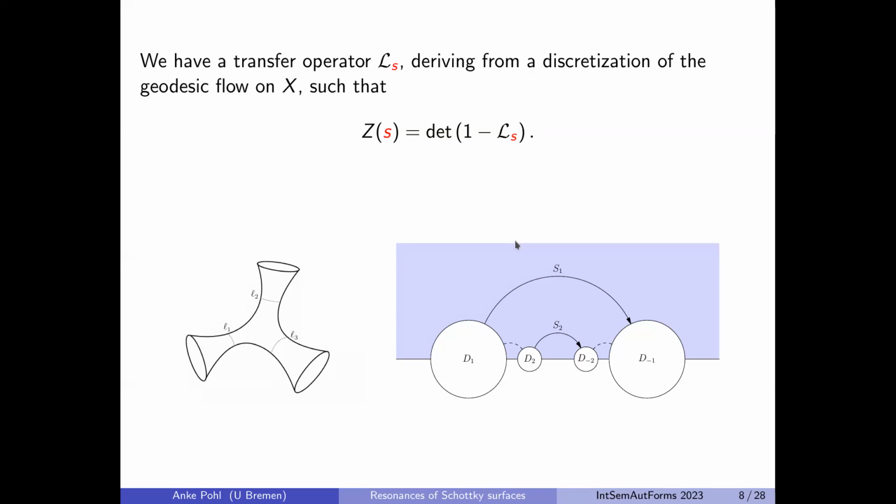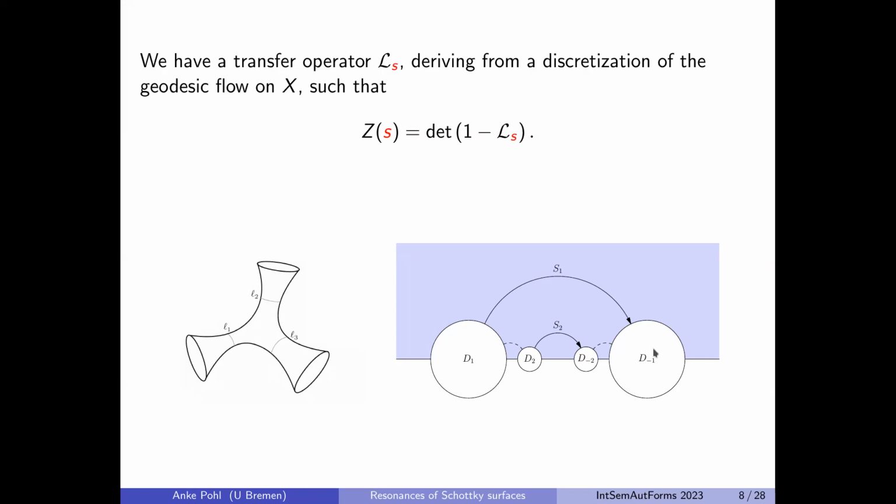So they initially are supposed to be in the original fundamental domain, which is here violet. And then when they exit the fundamental domain, they will go, for example, into the D minus one ball, which also means that they enter a next fundamental domain, which is S1, the generator S1 of the original fundamental domain. And then you give this geodesic the code S1 at that moment. And then you just repeat and repeat and repeat, so they come with a sequence of symbols, very similar to continued fraction expansion.